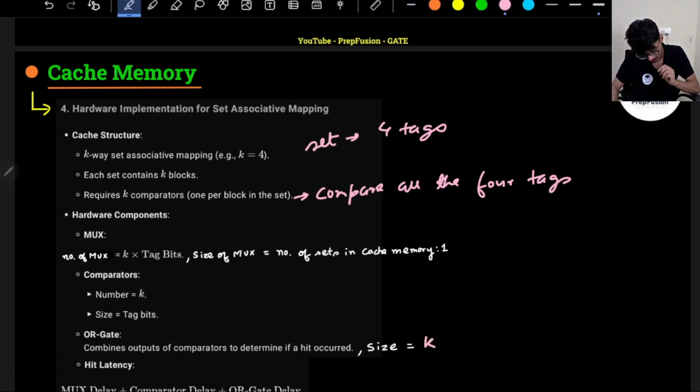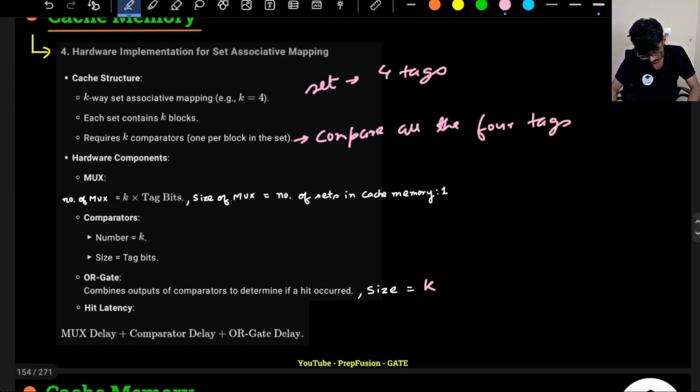It will be k, the number of tags present in a section. So overall, what will be the delay now? Previously the delay was only the mux and comparator. Now I have an extra OR gate, so the hit latency will be mux delay, comparator delay plus OR delay. Now remember, if no delay is mentioned,